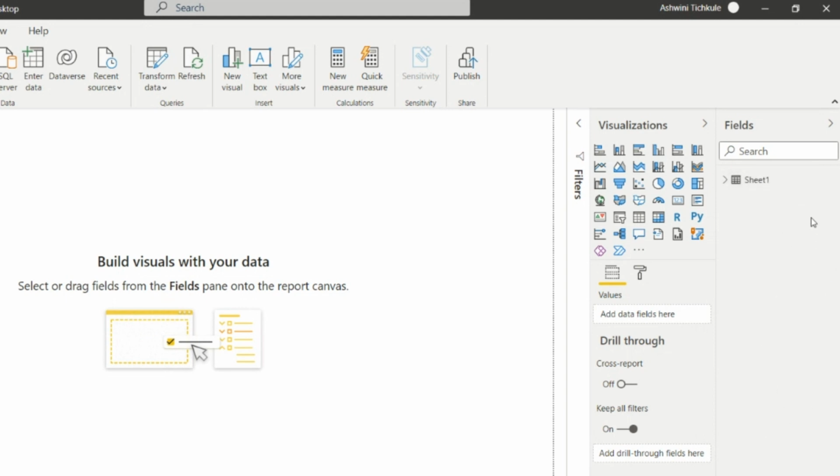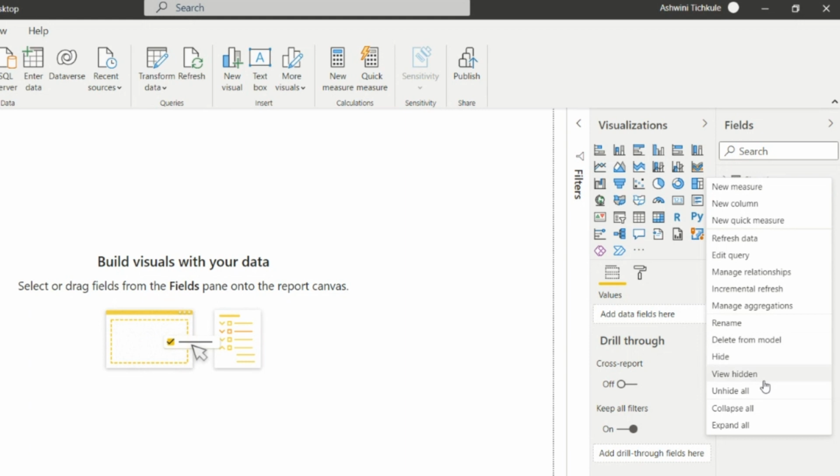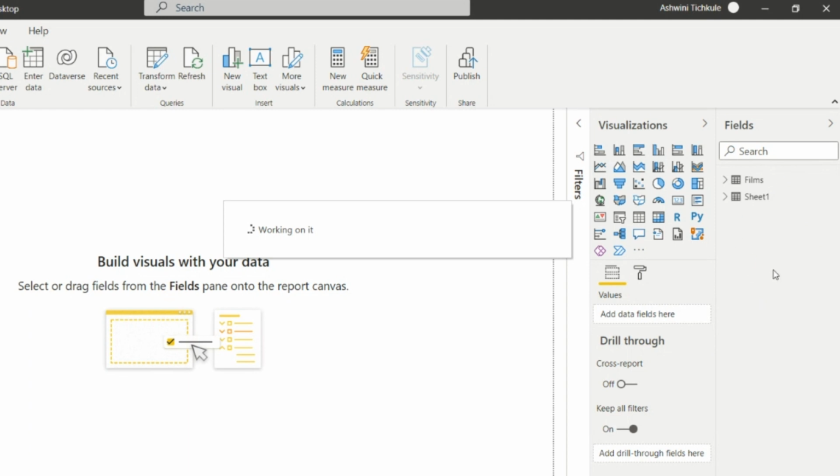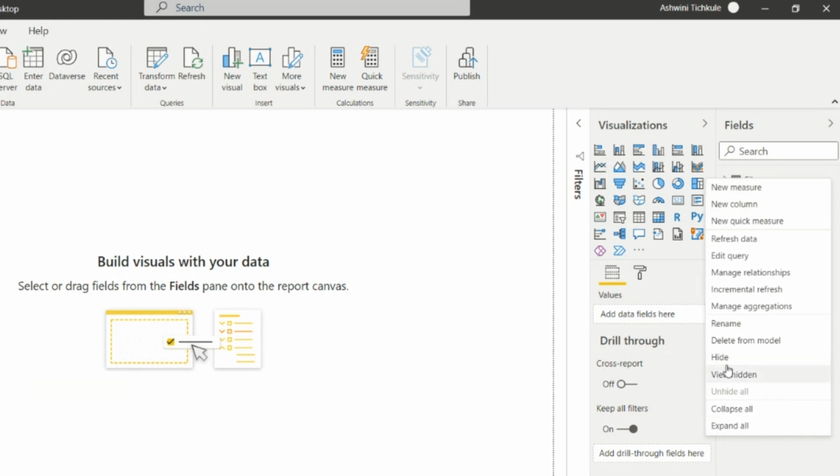If I want to see it again, then I need to click on unhide all. It will ask, are you sure you want to unhide all hidden items? Yes. So this will unhide that particular table. The next option is hide. We have covered this hide, view hidden, and unhide all.